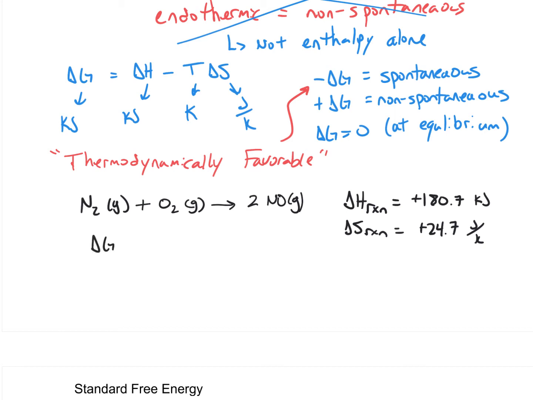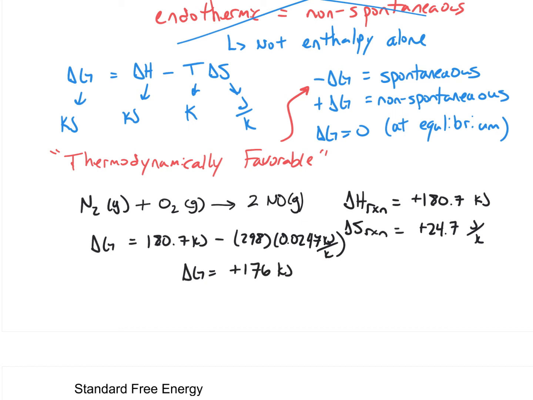Well, we just simply take 180.7 kilojoules of energy, subtract 298 times 0.0247 kilojoules per Kelvin. Do you see how I converted the entropy to kilojoules before I added it together to make sure that the energy units are consistent with one another? Well, 298 multiplied by 0.0247 kilojoules of energy and then subtracted from 180.7 kilojoules gives me a delta G value